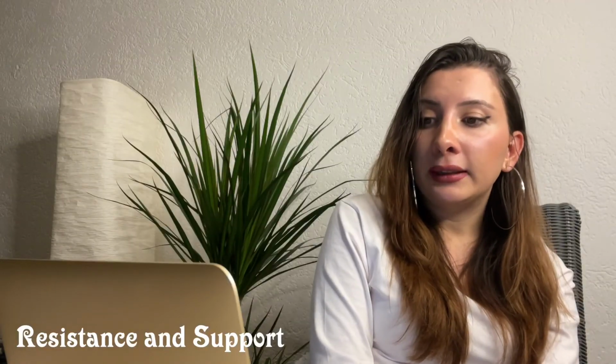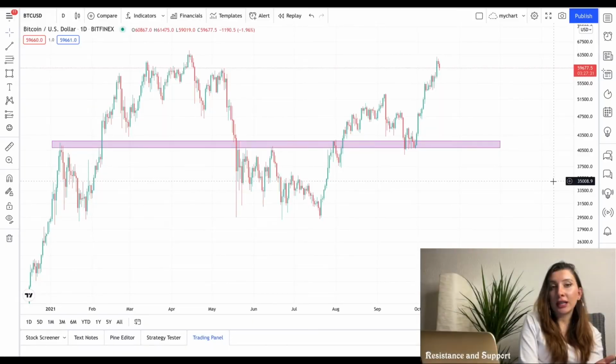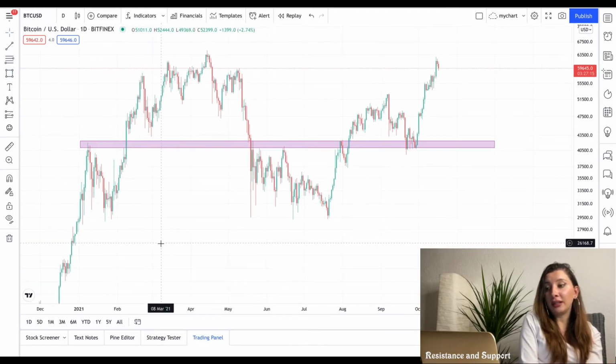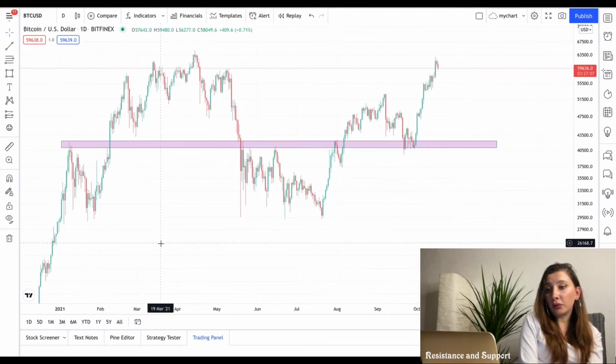Now back to the topic. Now let's try to predict what's the range. Just like I told you, you don't need fancy indicators. You can do it with your bare eyes, just looking at the charts. That's the best way to predict, really. These indicators are sometimes just misleading you. With my experience, the best way is to look at the chart with bare eyes, and you will get the sense